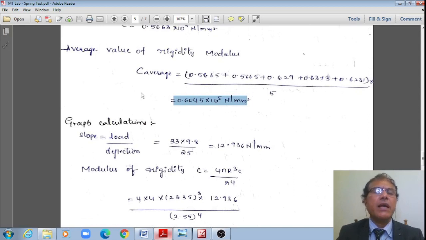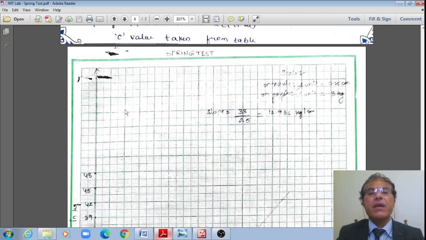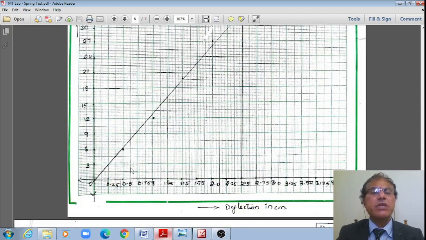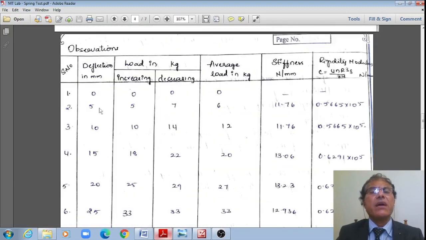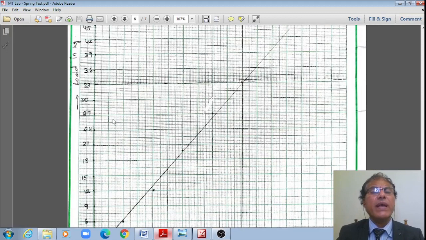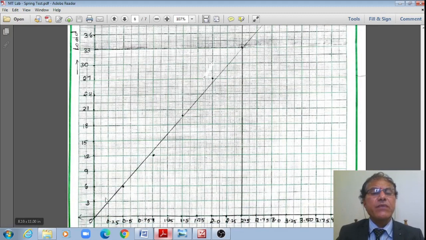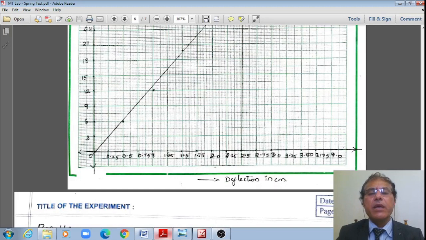Once we are done with the tabular calculations, now I'll plot a graph from the readings. The first reading was like this, right? The deflection was 7 mm, whereas the load is 6 kg. Therefore, now I'll take the load on the y-axis. Now I'll go to the 6 kg. Therefore, my 1 unit on the y-axis is equal to 3 kg. Like that, I've noted up to 48 kg, whereas my unit on x-axis, 1 unit is equal to 0.25